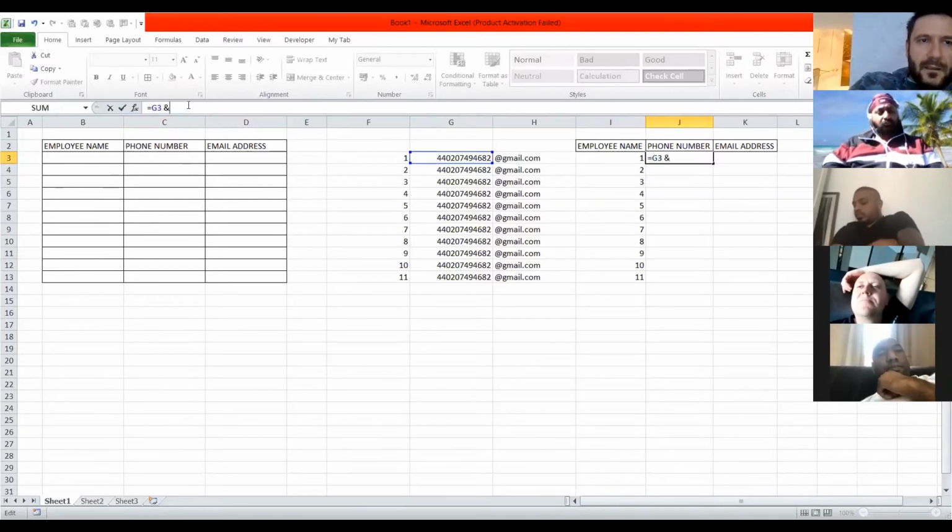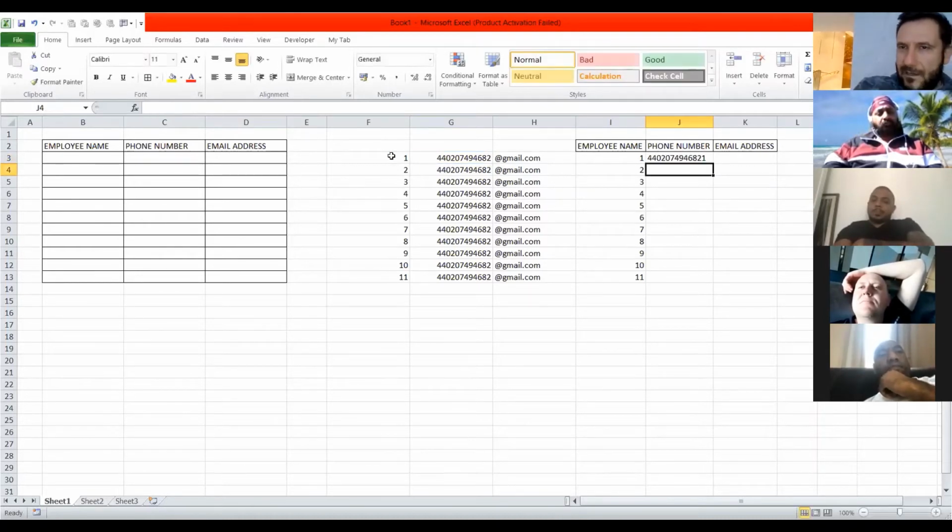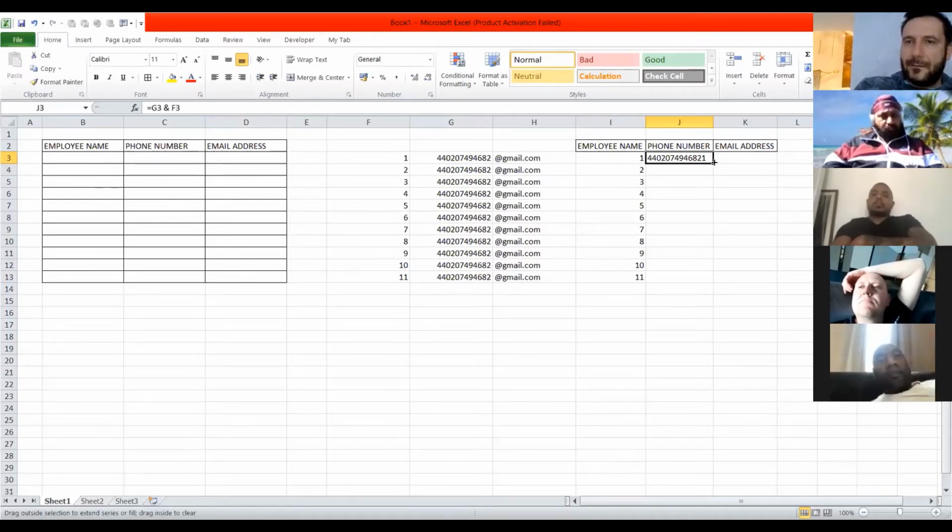When I use this, it's gonna connect two strings together. The first string is this one that is highlighted, and after we're gonna put the extension at the end, which is F3. Doing it like this, you can see it joined the two strings together and put the extension at the end. So this is an easy formula to connect text strings.